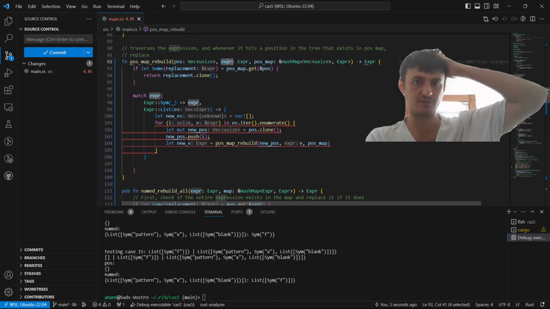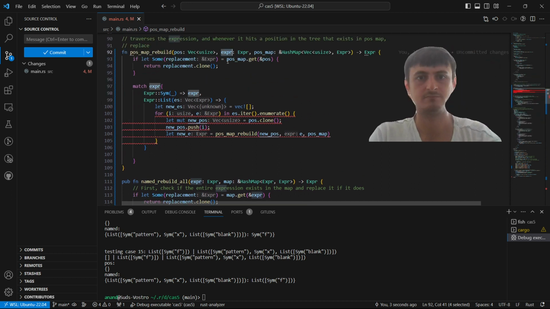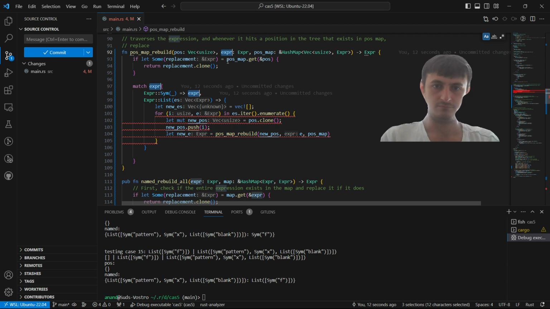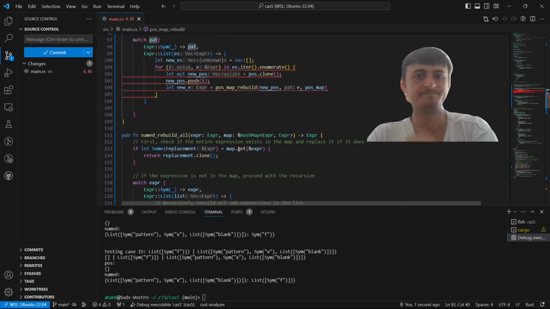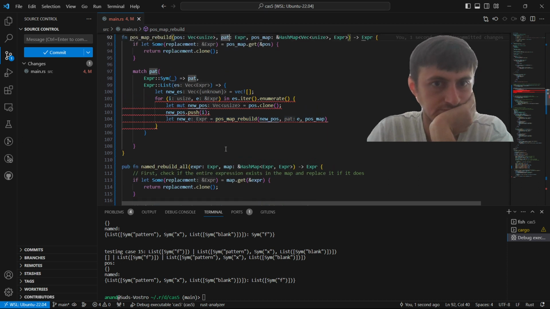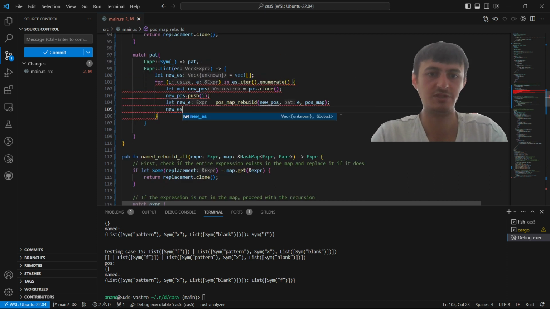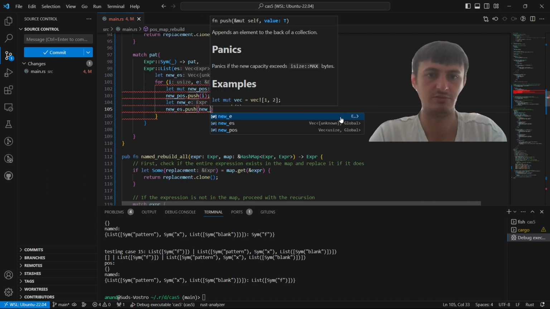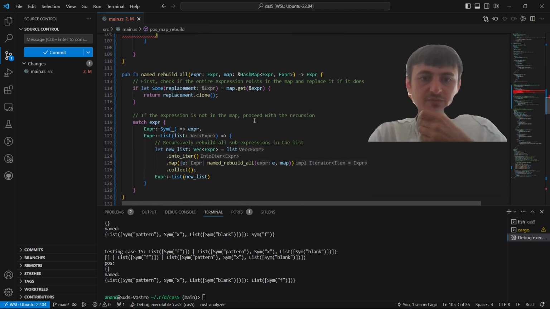Oh, and this should actually probably be called pattern. Just to help my mental. Then what do? We new e dot push new e. Then we return